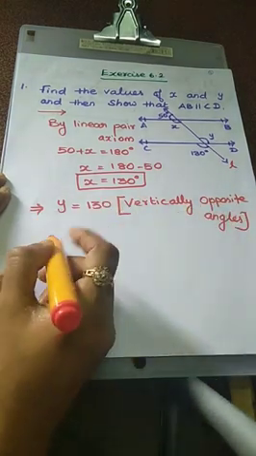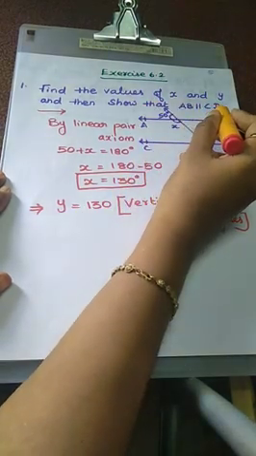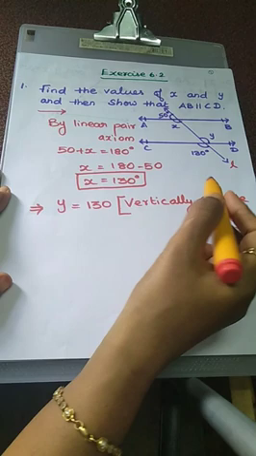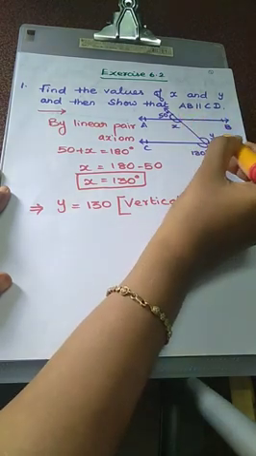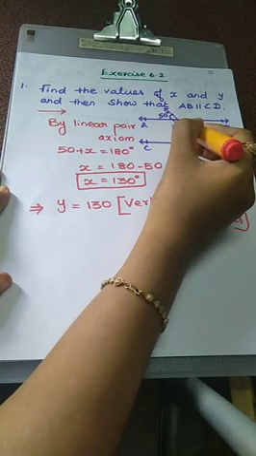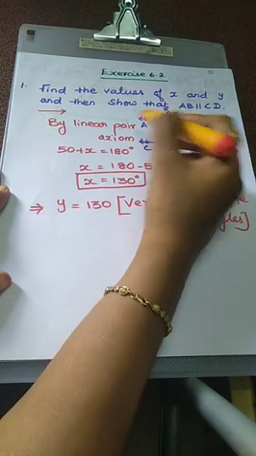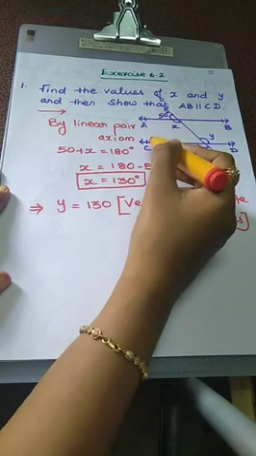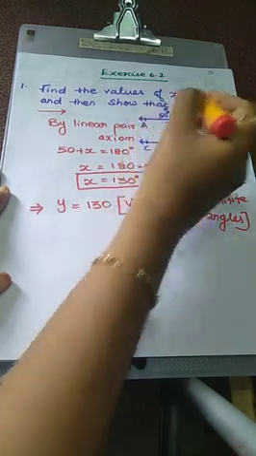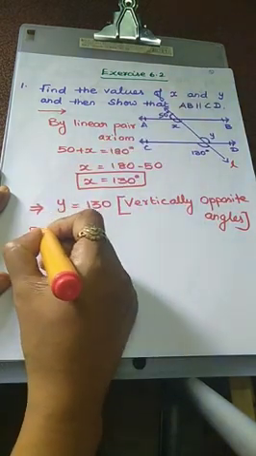Okay. Now what is our next proof? Show that AB is parallel to CD. You just take x and y as alternate interior angles formed by the transversal line. x is equal to 130 degrees, y is equal to 130 degrees. Alternate angles are equal. So the given two lines AB is parallel to CD. Therefore the final answer is AB is parallel to CD. We have to write the reason, no.